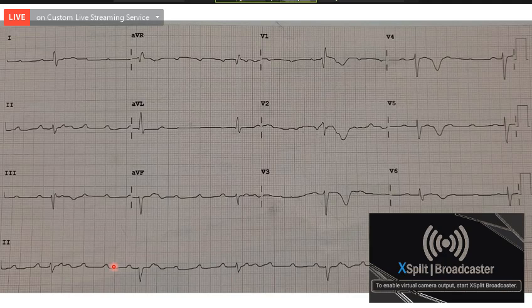40 to 50. Yes, the impulse is starting from the junction or it may be from the AV node, and usually the rate will be between 40 to 60. So they will have a faster rate. The AV node is the second pacemaker that we have, and whenever the sinus node is not able to control the ventricular rate, and the ventricular rate falls below 60, the junction may escape and capture the ventricular